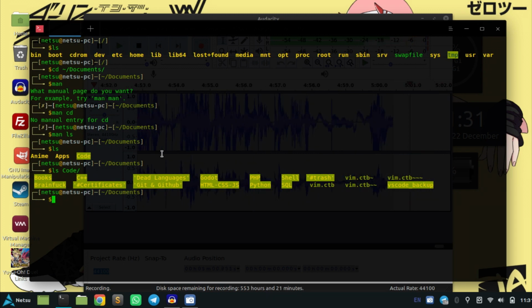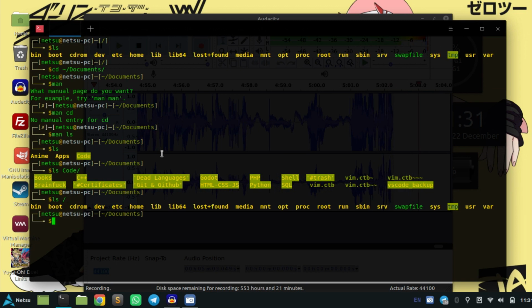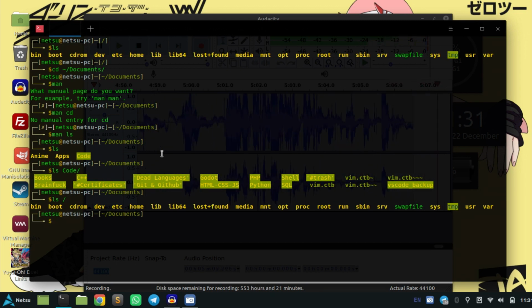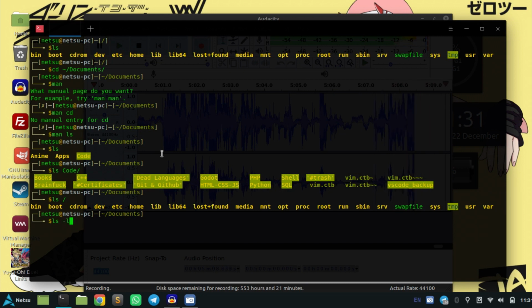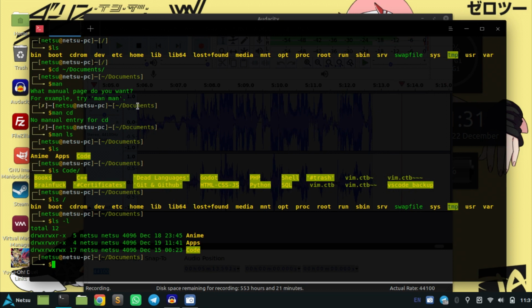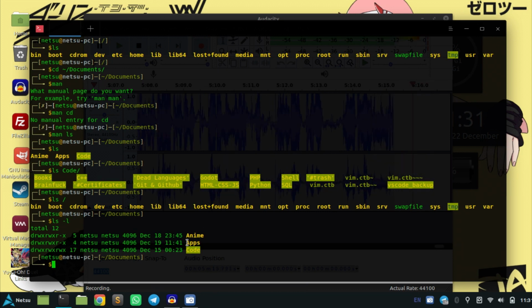So yeah, you can also go like ls / and it will show you what's everything in the root directory. Then you can go ls -l. This is to long list something. Like if you do this, then it will not only show you the names, it will show you